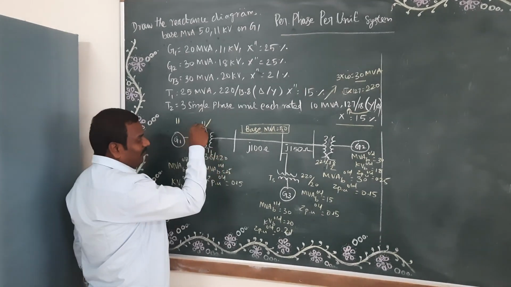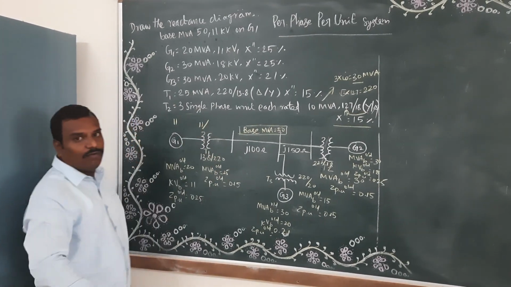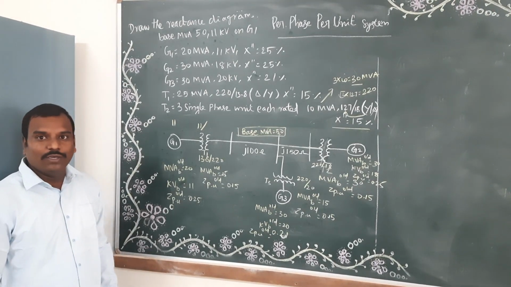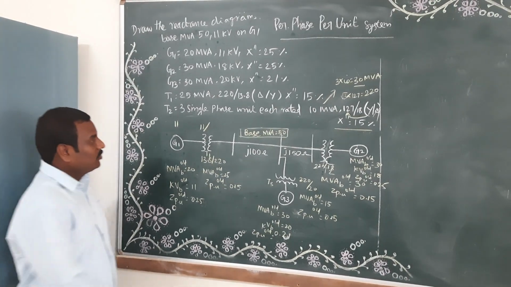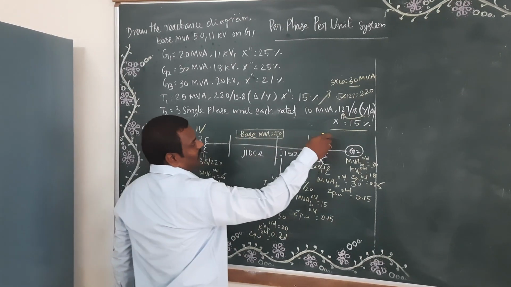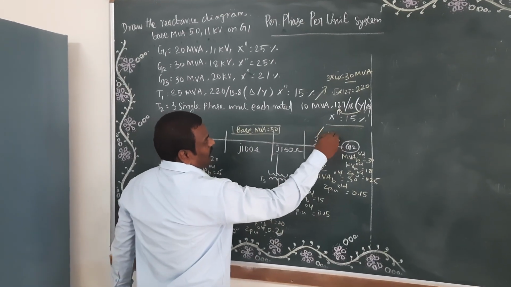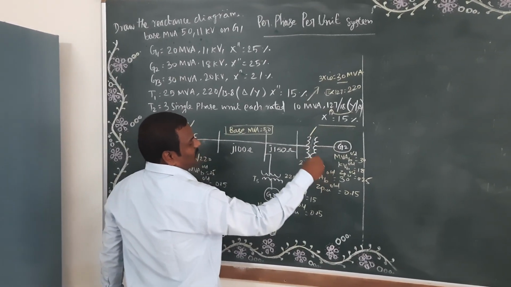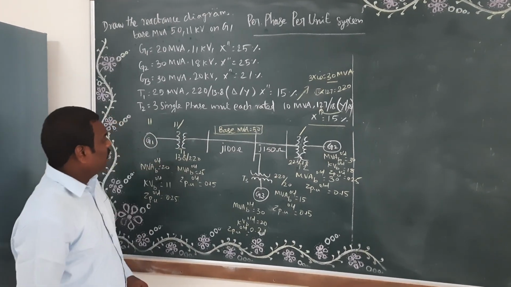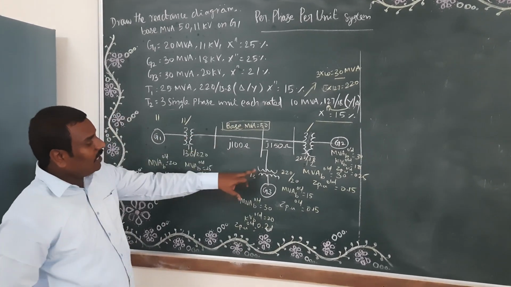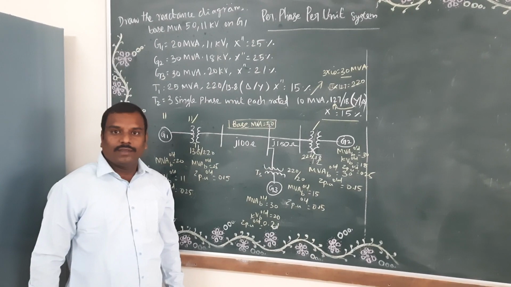So if I give 11, what is the value of voltage I will get? I have to calculate. Okay. So the same voltage will be available at this point. The opposite side you will get the voltage with respect to this. And if you get the voltage here also you can calculate the value.